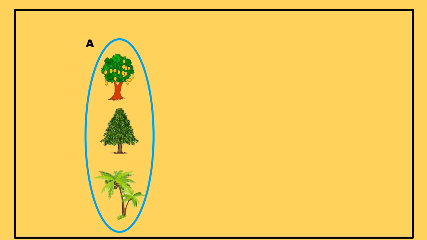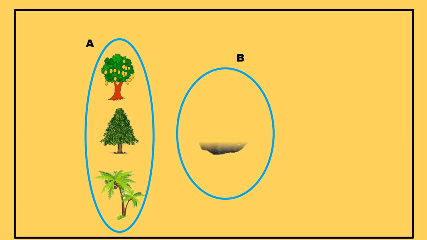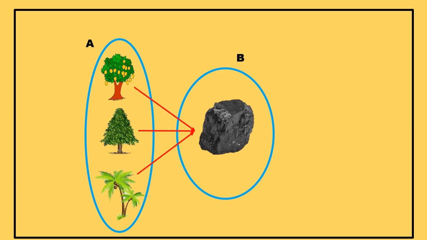All the input values are collected to form a set which is called the domain. Similarly, we collect all the output values and form a set which is called the codomain. Whatever input value we give, we get output as coal. So the output is constant, and this is also the range. So it is a many-one function. It is a special case of many-one function because the range is a singleton set. So it is considered a constant function.